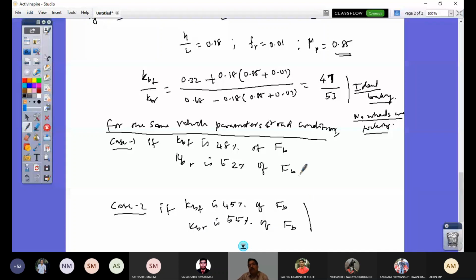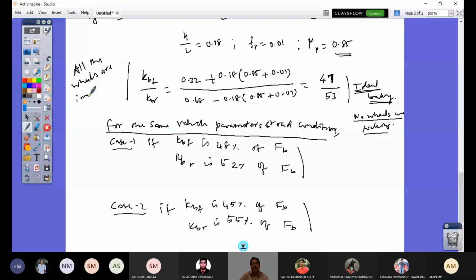So if this is so, definitely there is locking that would happen. So if we have this, that is why it's called an ideal braking. So all wheels are not locking, or if it is locking, simultaneously locking. No wheels are locking. No wheels are locking and you have a maximum, or this is the meaning of all wheels are impending to lock. You can say all the wheels are impending to lock.